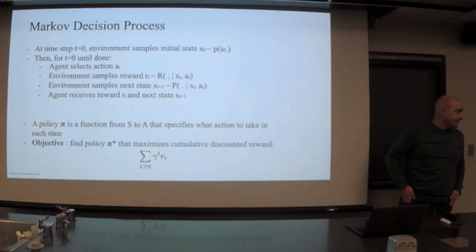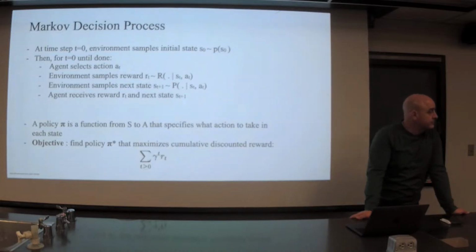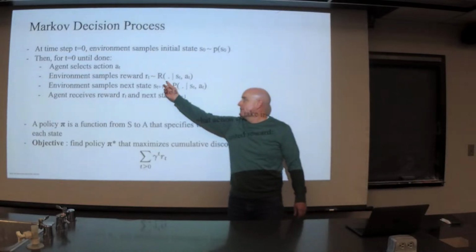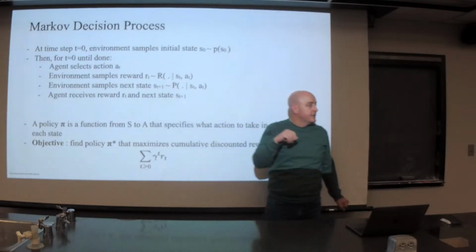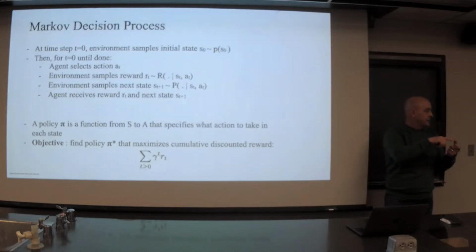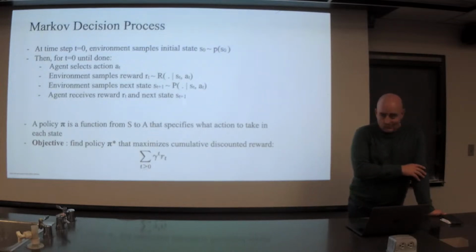Are rewards typically modeled as a distribution for every state action pair, or is it a direct function of state action pairs? Does it matter? You can do both. The only thing that changes is, if it's direct, or deterministic, there's just going to be a single reward that you would get given the state and action. But if it's not deterministic, then it can be very concentrated around some mode or something like that. But in the end, all the math works the same way. Any other questions?